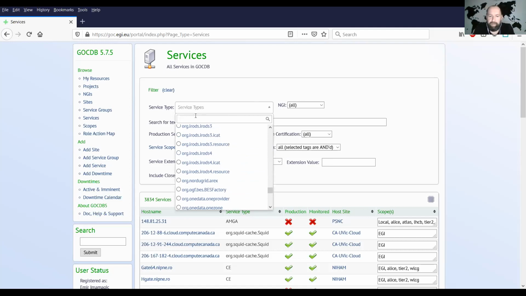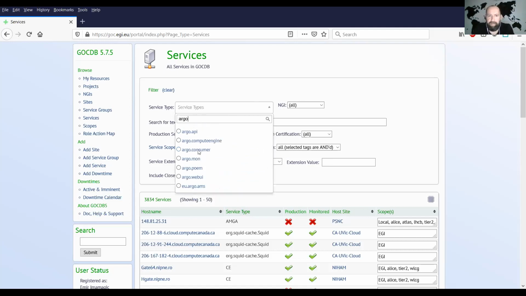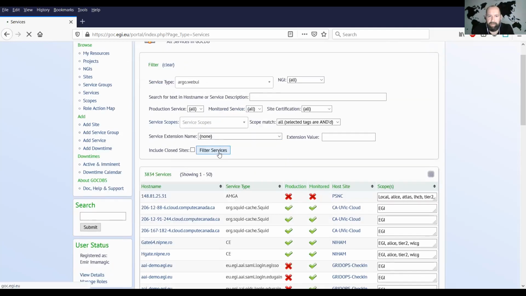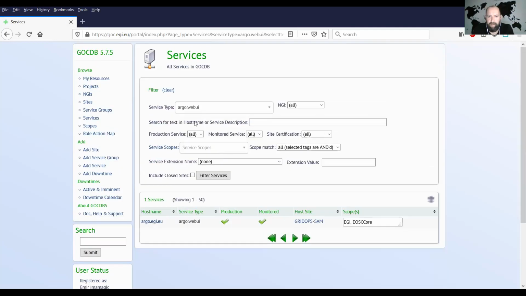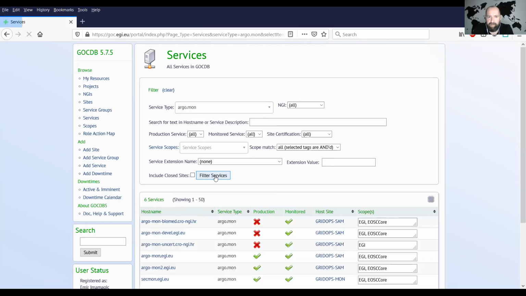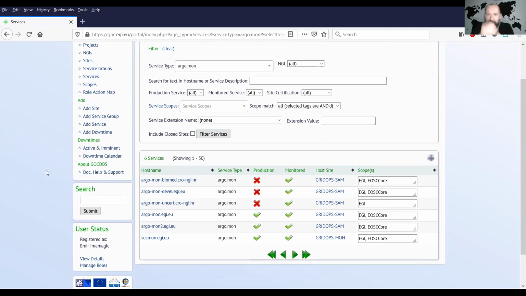So let me see, for example, let me find all Argo VPUIs, go to services. There's only one, and then give me all Argo ones. Services. I don't know if there's a GocDB store planned, as GocDB has many more things in the backend, which I do not have time for. So I will stop here.